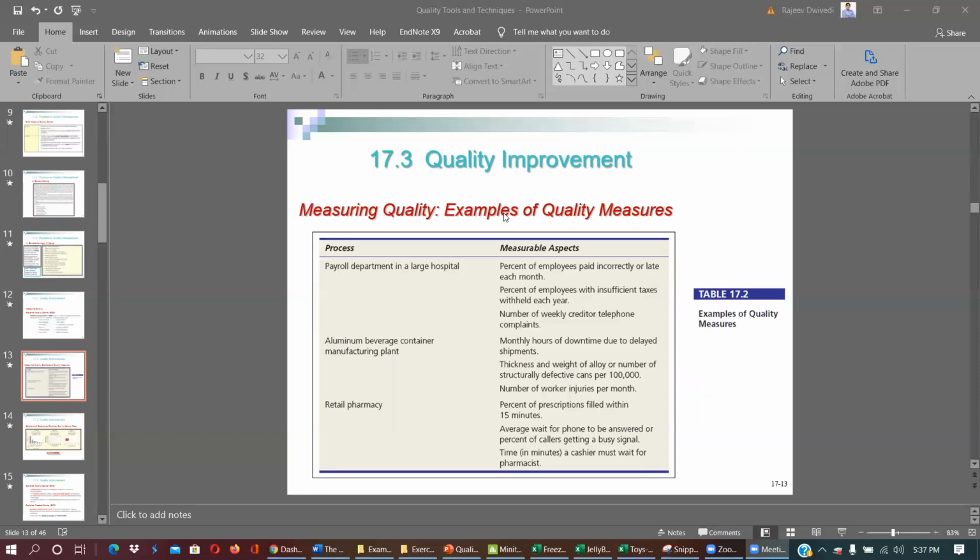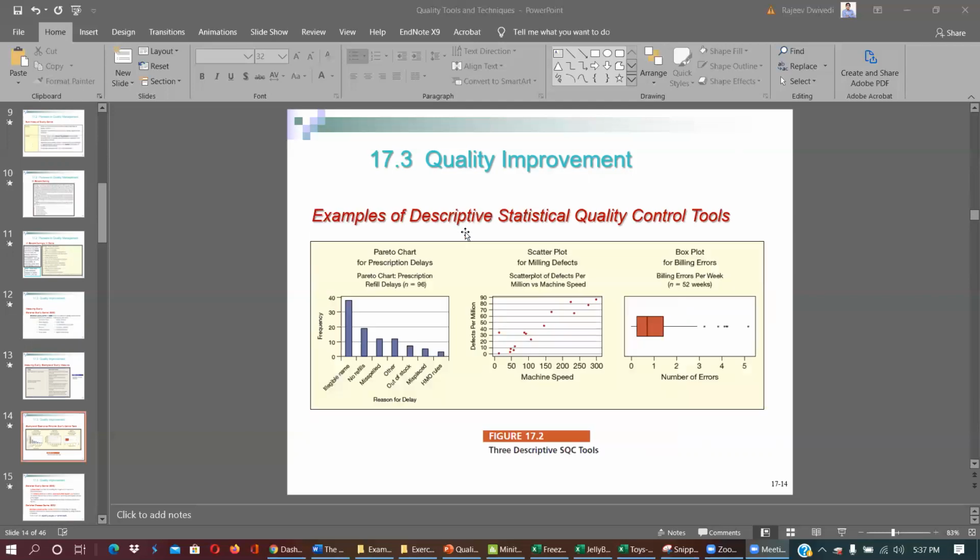These are some of the examples that you can go through. So what is the Pareto chart? The Pareto chart is the 80-20 rule. That means 80% of the performance or 80% of the problems can be solved if you fix